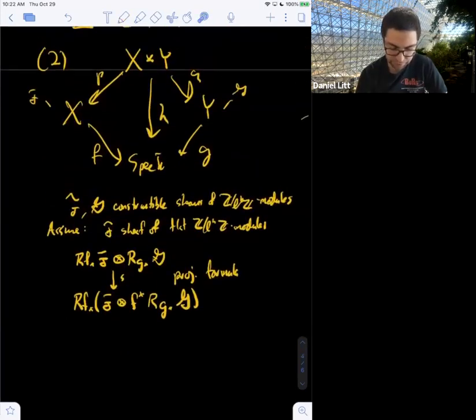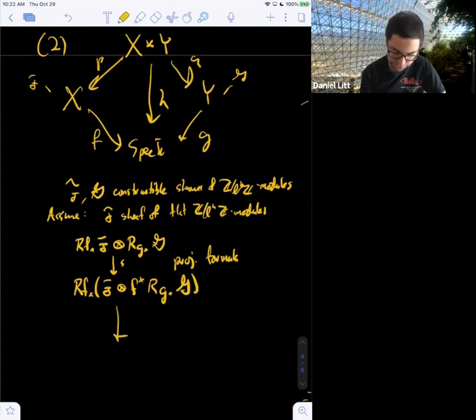So this situation where we pull something, where we take a push forward and then pull it back, if this map G is proper, which it is by assumption, then we can compute that by going around the other way, right? So this F upper star of RG lower star of G, we can compute as RP lower star of Q upper star of G. So now proper base change